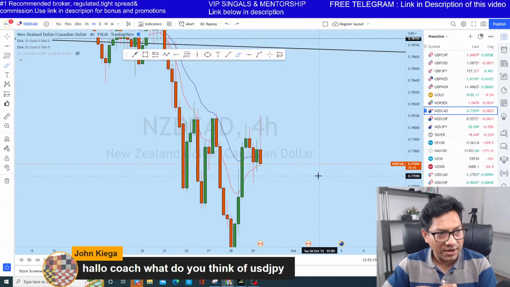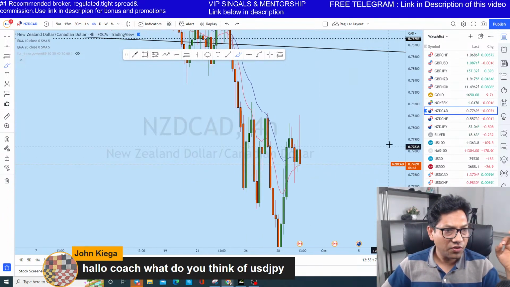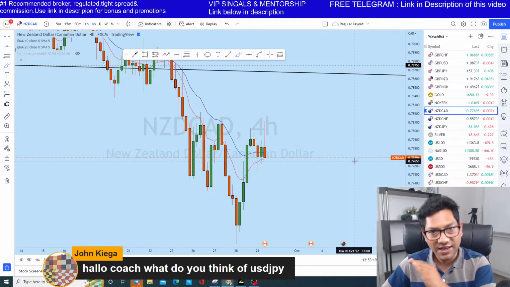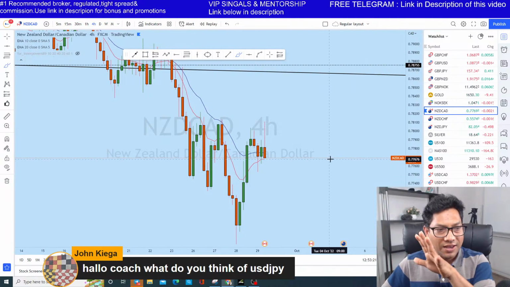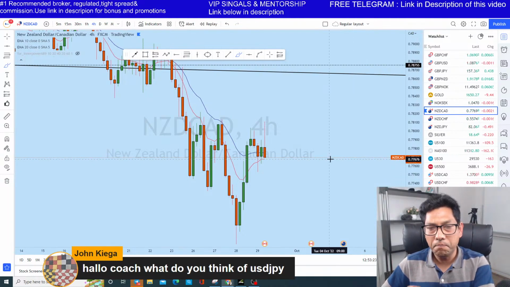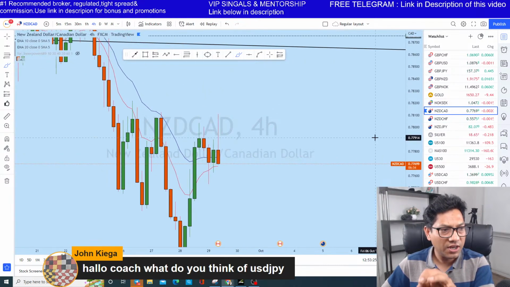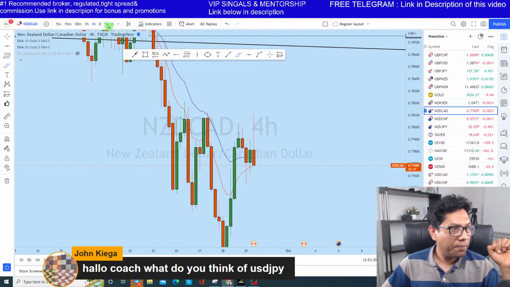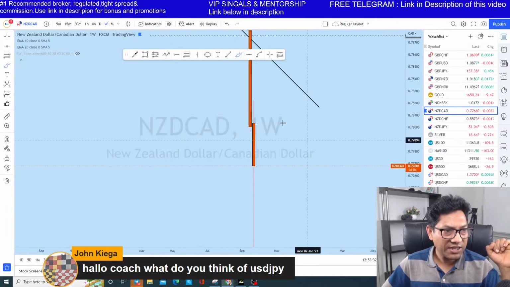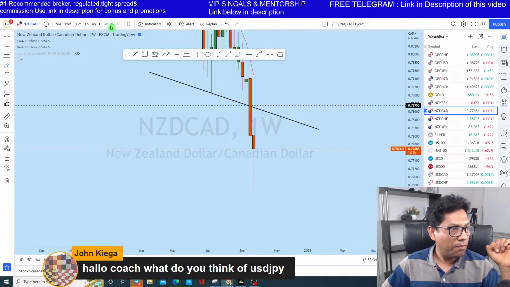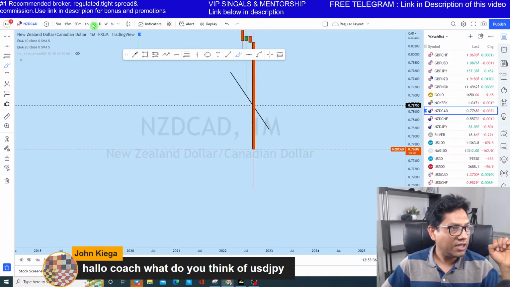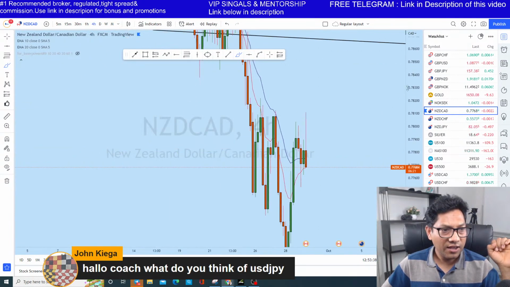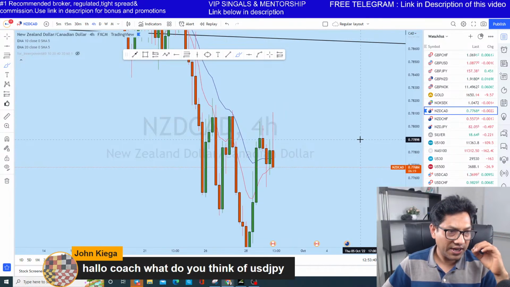Now the reason, first of all, you need to look at the full analysis I posted early today. You always have to look at the bigger picture. Bigger picture is very, very important, guys. On the bigger picture, you see that on the weekly perspective, NZD CAD, on the monthly, weekly, it is in fact a highly bearish market. It's an extremely bearish market.